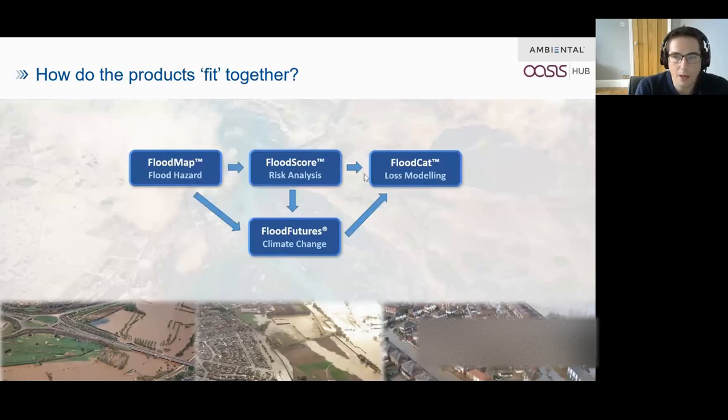Okay, next. So, a very quick look at our products themselves. I don't want to dwell on this slide. I just want to mention that everything that we build is connected. So the futures data sets are derived from the mapping and the scoring data sets, or at least use the same methodology to produce the mapping. So it all feeds through. Basically, a risk rating in one is the same as a risk rating in another. And that can obviously feed through into the CAT model as well. So everything is consistent and built upon one another. And next, Rob.